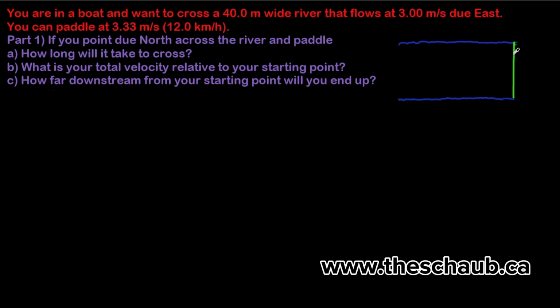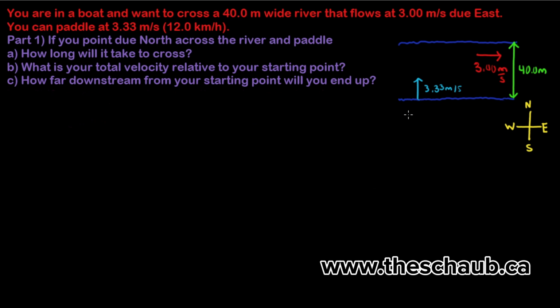The river is 40 meters wide and flows at 3 meters per second due east. You paddle at 3.33 meters per second due north. We can add a compass quickly for clarity, and we can list our variables just so we stay